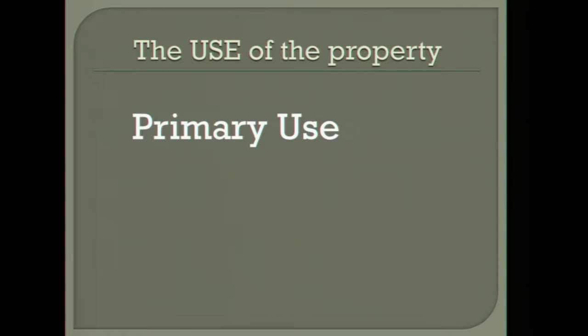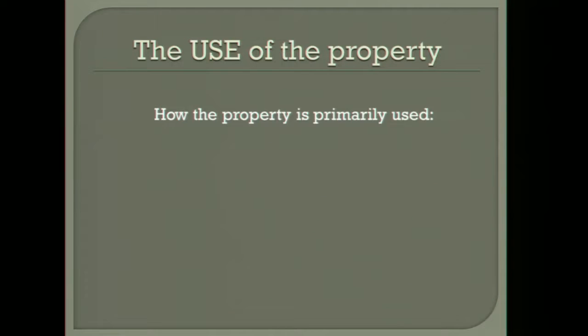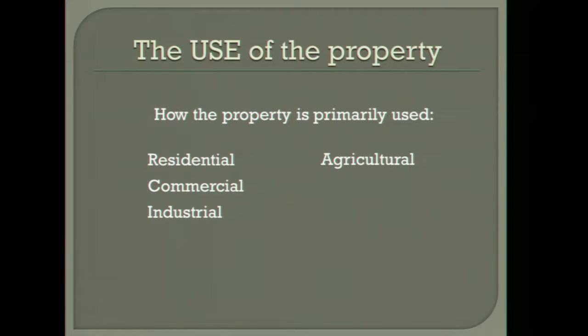positively and negatively. The use of the property, the primary use of the property, we break it down into how the property is primarily used: residential properties, commercial properties, industrial properties, agricultural properties, exempt properties, and public utility properties. Those are the 6 major classes that pay taxes on properties. Well, exempt properties don't pay taxes, but those are the 6 classes that we have. And inside agricultural, you can have several different other groups: conservation use, FLIPA, preferential,